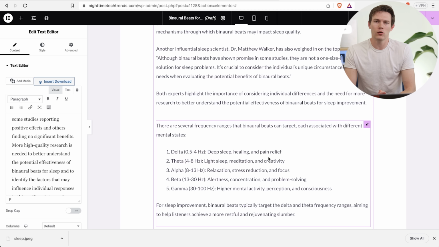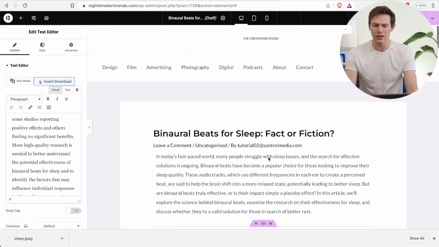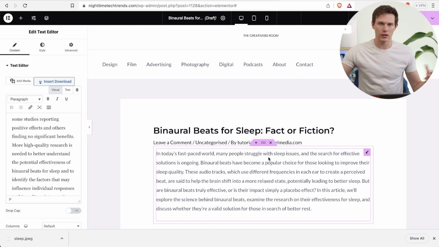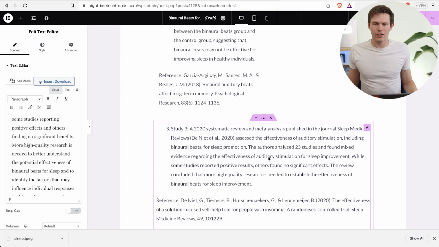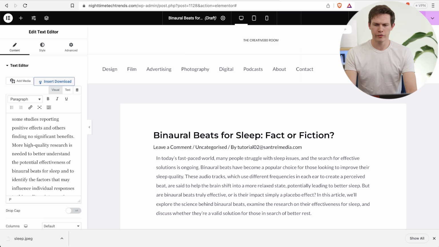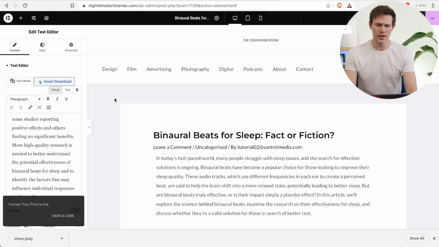Now within this, it would make a lot of sense to go and add some H2 or H3 subtitles throughout to organize it, so it's not just one giant word soup. Again, I don't have to make this entire article. I think you get the idea of how this can help you become an editor, where ChatGPT helps you find the blog article titles, research for the blog article, organize the article, and then actually write it as well. So from here, I'm just going to click on Publish on the top right,